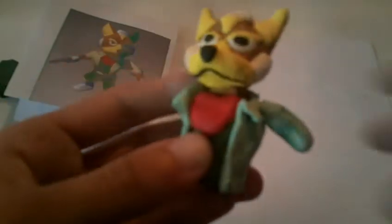And we're just going to take some of that light green and just make it into kind of a long piece like that. And you can do this for size's sake, so you can see how big or small the piece is. And it should be fairly big, but not too big. And then once it's a good size, you're not going to put it on because we're going to make the arm. So